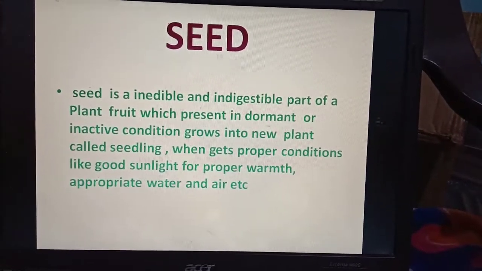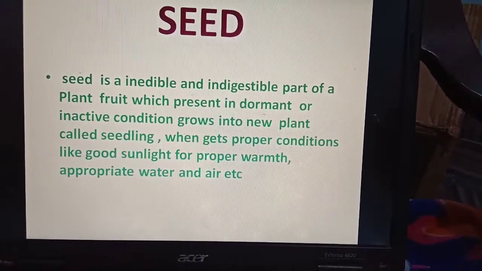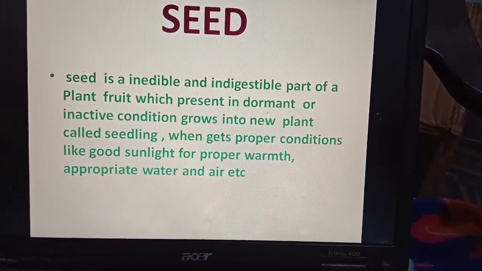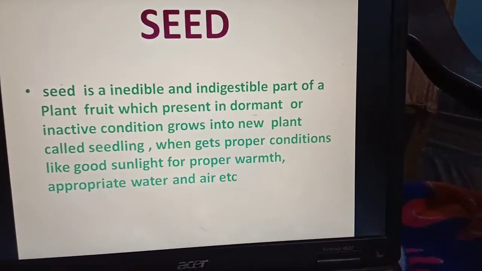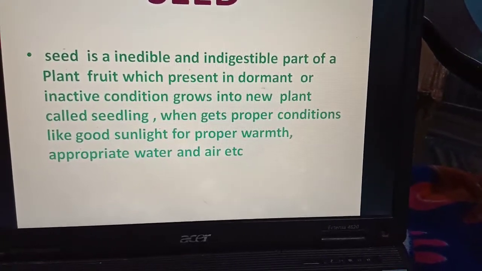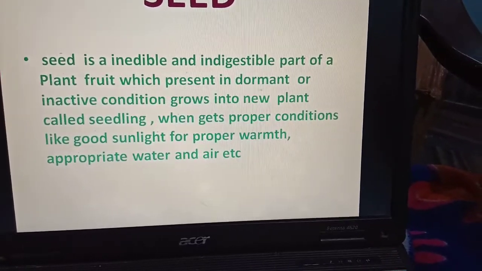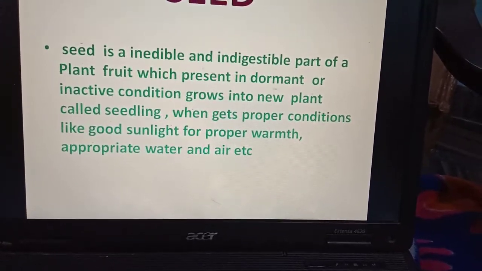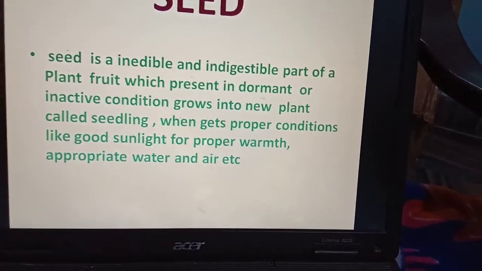It grows into a new plant called a seedling when it gets proper conditions like good sunlight, proper warmth, appropriate water, air, etc. These seeds can grow into several new plants when they get proper conditions. When inside a fruit, it sleeps inside the fruit in an inactive form.